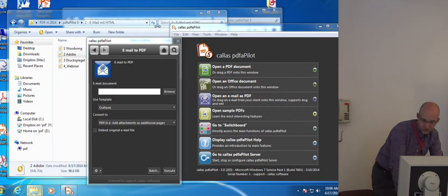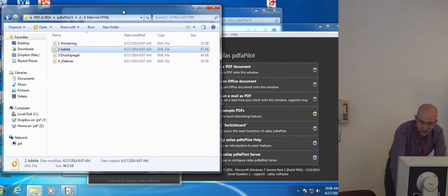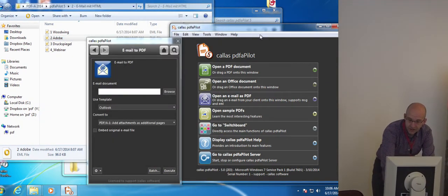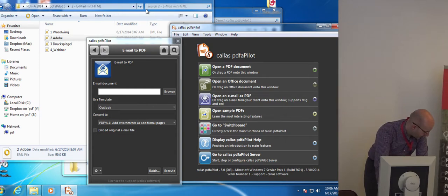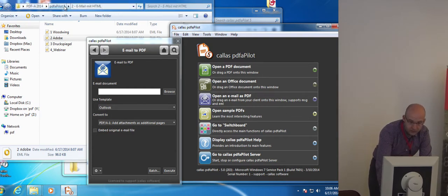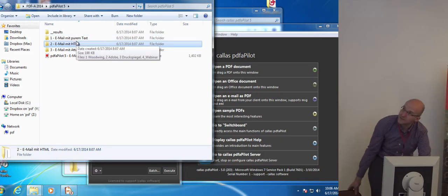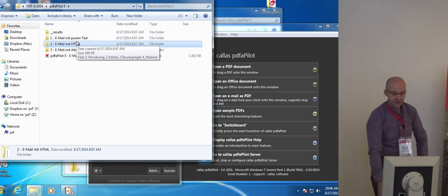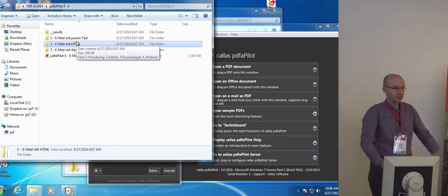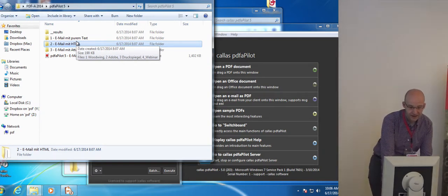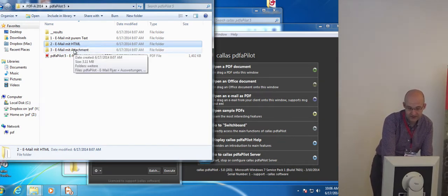So I just switched to Windows on this machine where we have the PDFA Pilot system, and how did we implement it? Sorry for the German words here, so we have different types of emails. We have emails with pure text, simply text emails like in the past, HTML emails, which is quite common today, and of course we have emails with attachments.